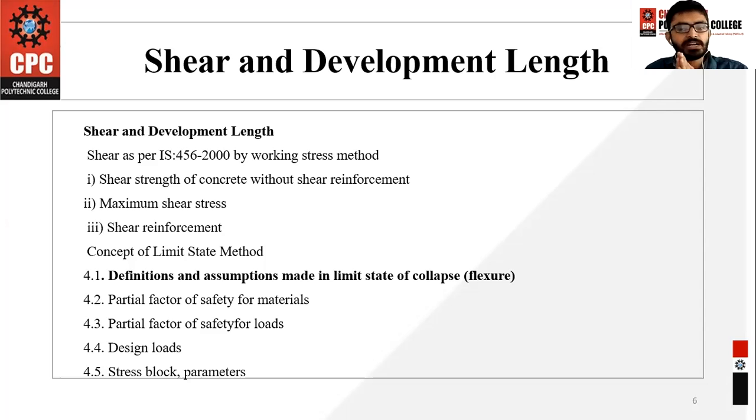You need to understand about the beam and the column, because if you don't know how to define them, there is no difference. If you go on site after becoming a civil engineer, a mason will simply tell you, sir, this is a beam and this is a column. But no, you need to understand the technical definition of the beam and the column. After that, you can move on further.